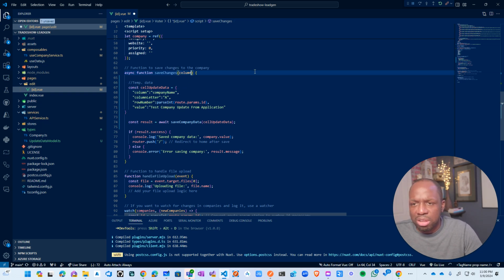We're going to take in a column, a letter, and a row number and a value. We know the row number already. So we're just going to take in a column, the letter, and the value. And then we're going to map those to this column, the letter,